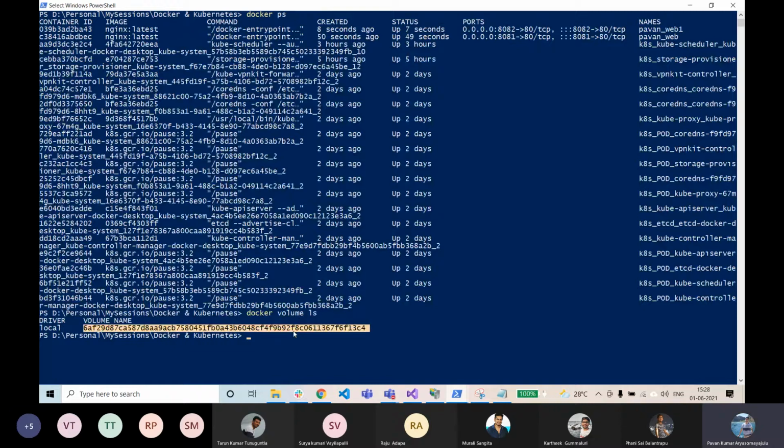Okay, so this volume. Now let me try to create a file in this particular volume, to differentiate things. So I'll just create a file inside this volume. I'm just getting inside the container.